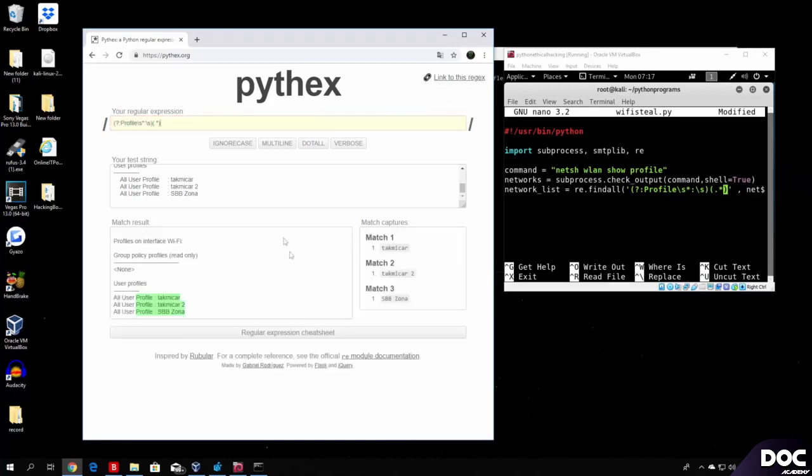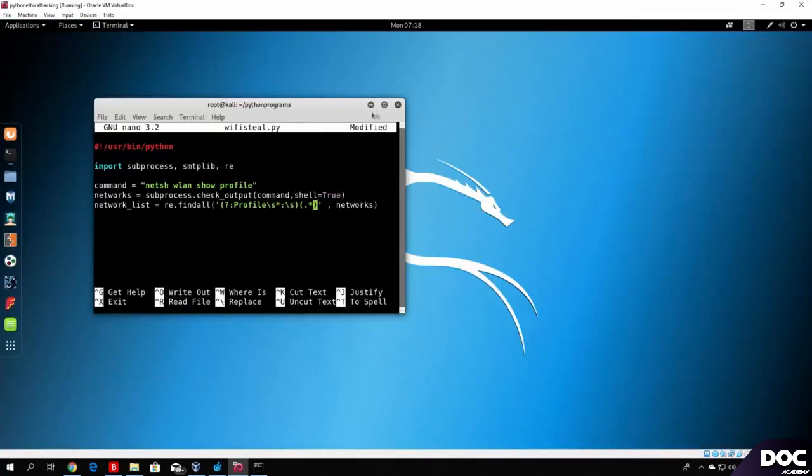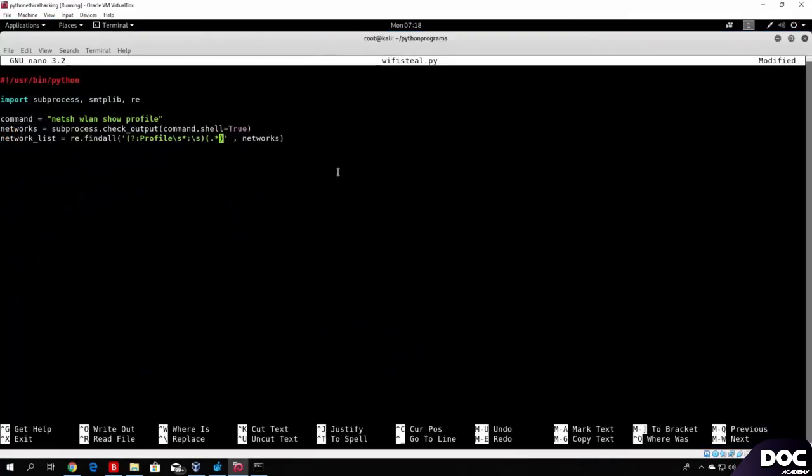And here you can see what the actual output or matches are, which are just the names of the profiles. You can see that this will be our list containing these 3 elements right here, and we will send the output for those 3 elements to the actual email that we specified. So let us go back to our Python. We specify the regex pattern correctly, and all we have to do right now is iterate. So we will type here output equals and then the empty string, and for the actual